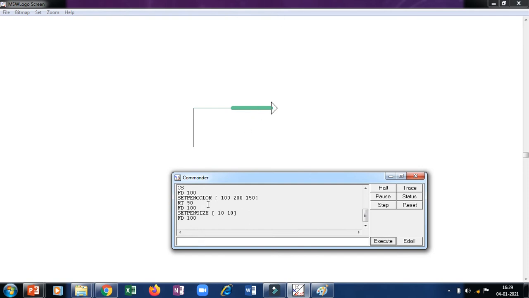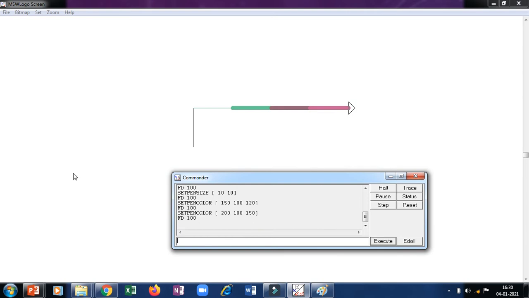Okay, now let us set the color of the pen again to some other color. We just have to change the numbers here. Okay, now let us make the turtle move forward more. So you can see I have changed the color. Again let us do something else, another number. Okay, see, you can see the changes.